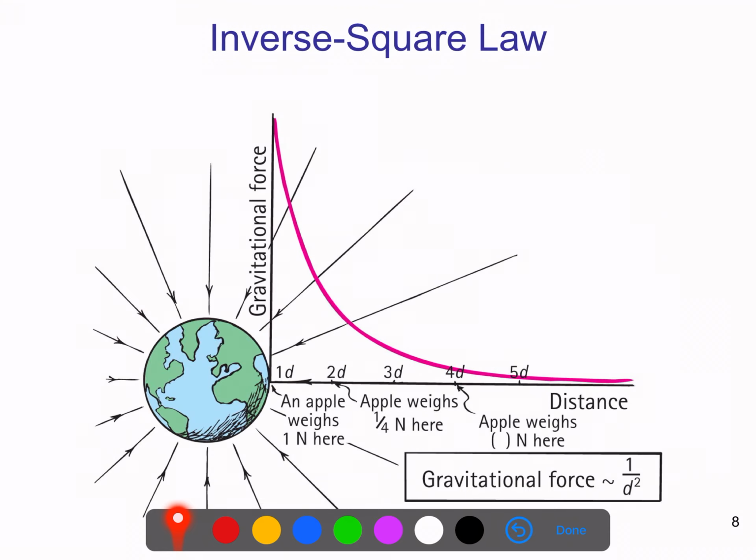And so if you think about it in terms of, say, the Earth, if I have an apple on the surface of the Earth that weighs 1 Newton, and I place it at a distance 2d, where d is the radius of the Earth. Okay, so if I now place it at 2 Earth radii from the center, now it will only be 1/4 of a Newton, right? And then if I place it at, say, 4d, 4 radii of the Earth, it will only be 1/16 of a Newton.